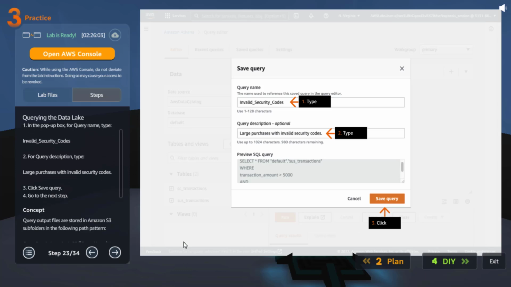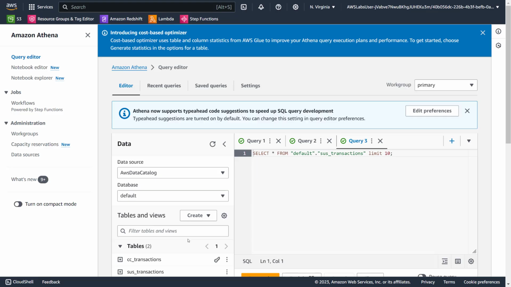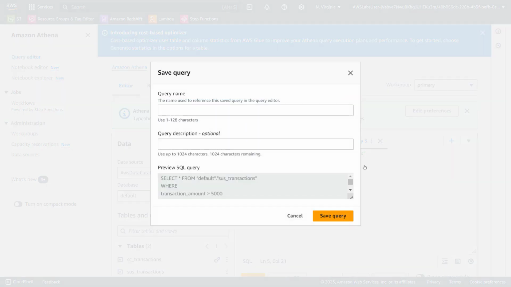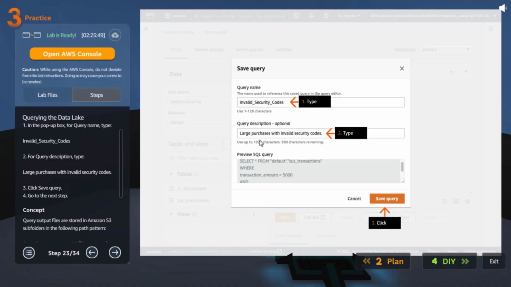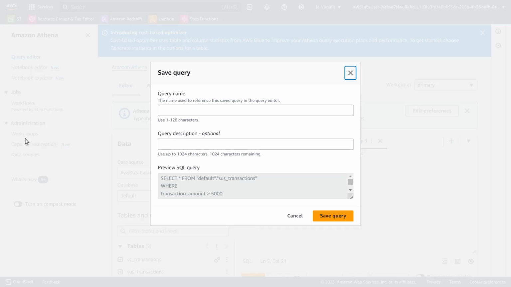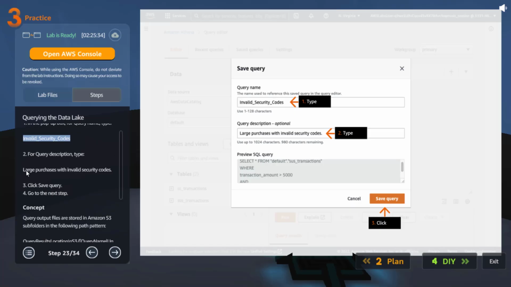Okay, let me go and do that because I have to copy paste it. So let's go here, remove that, paste it. What is this plus? Oh, this just adds the tab. And let's click on here, save as. Let me copy paste the name from here. Query name. Let me go back and the description I'm copy pasting it. That's fine.